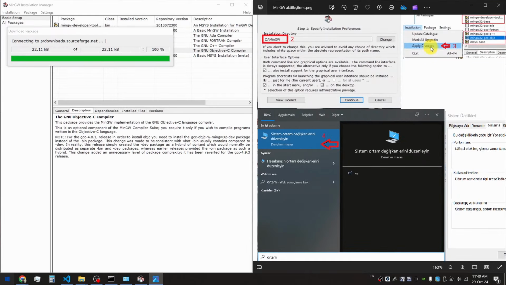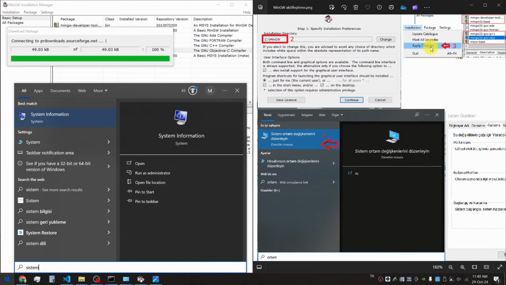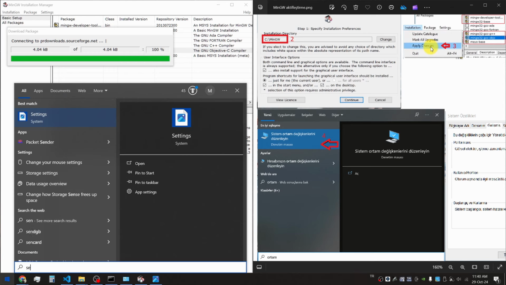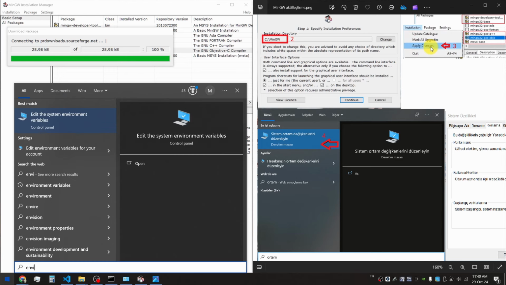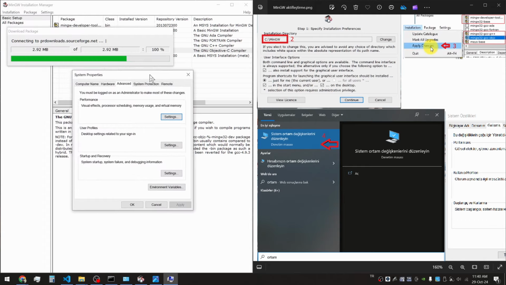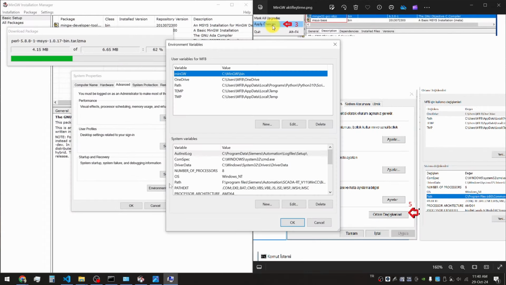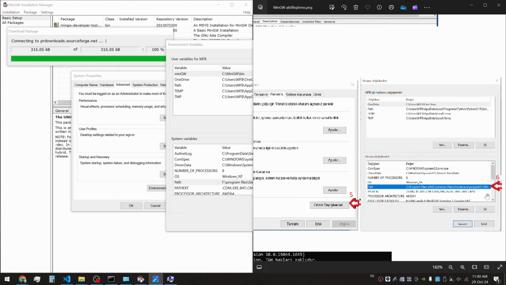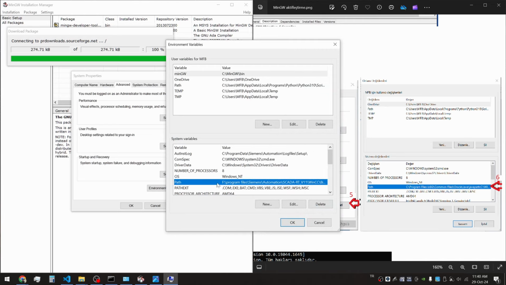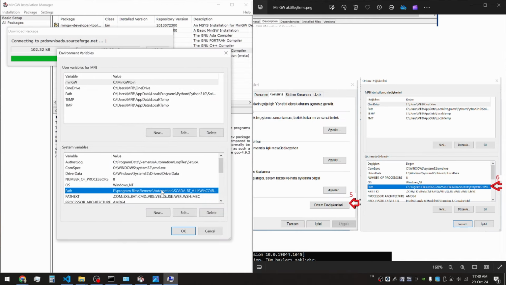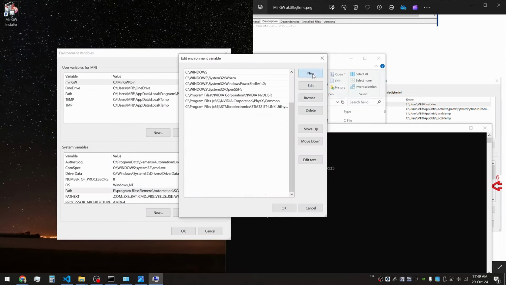Find Edit the System Environment Variables in the Windows search. Click on the Environment Variables button. Open the Path section. Enter the directory where MinGW is installed.